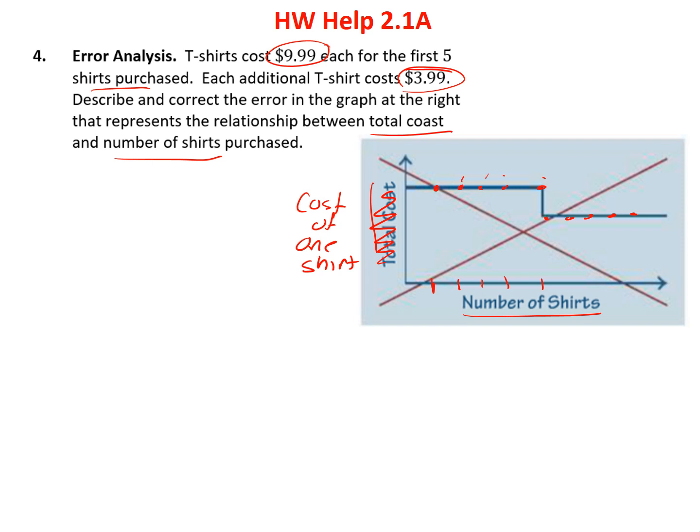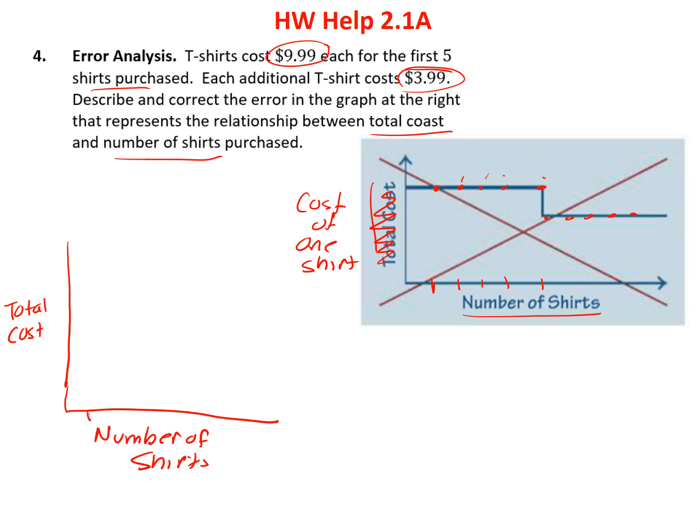If we wanted to measure total cost, we need to put our own graph here. We're going to put number of shirts down here, we need to label it. And the other side here is our total cost. When I buy 1 shirt, it's going to cost me $9.99. 2 shirts, $9.99. Another one, but now my total cost has gone up. 3, 4, 5. But once I get past 5, now instead of going up this amount, it's going to go up